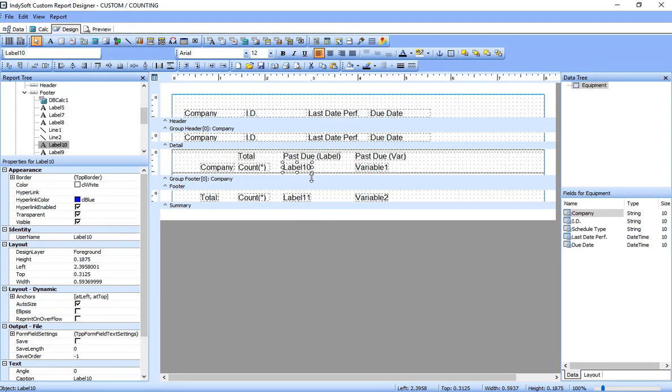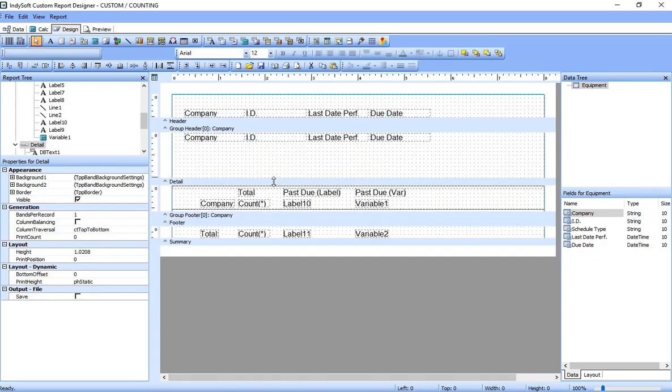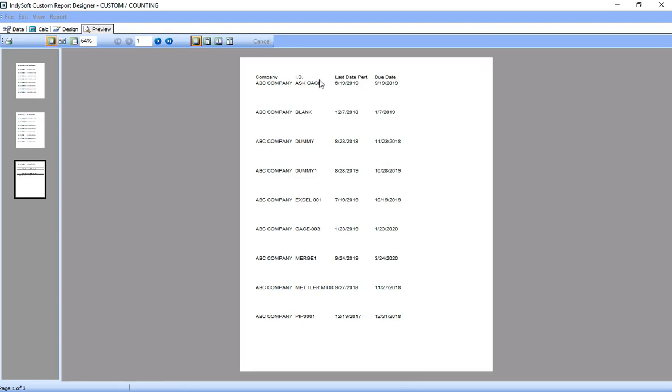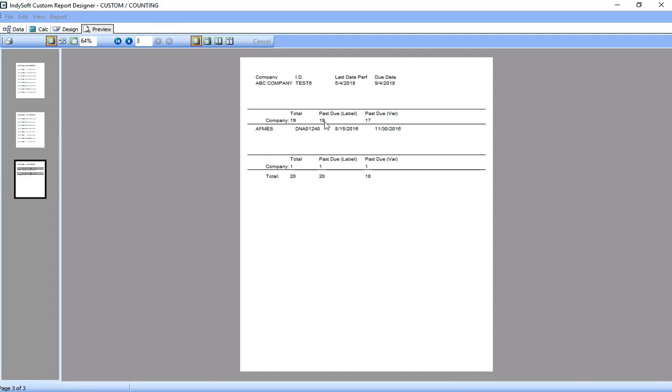These are all relatively minor problems, easy to deal with. However, if I stretch down this detail band to simulate a longer report and hit preview, you'll see here we've got these items, and we go to the next page, and all of a sudden this says I have 19 past due and 20 past due. What's happening